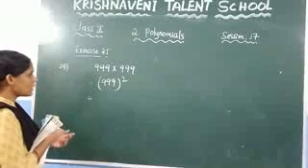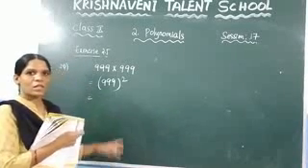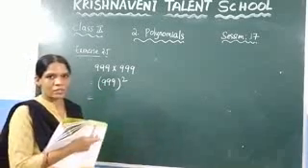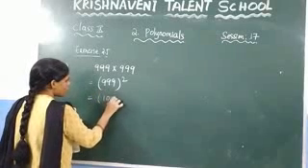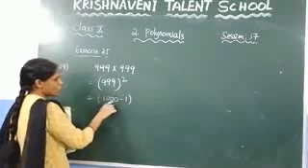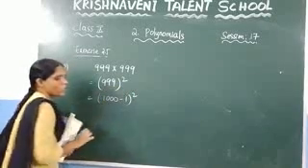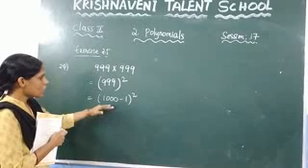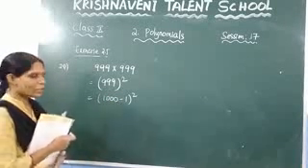So let us write this. You need to write the number such that there are zeros, so that the calculation becomes simpler. So here you can write this 999 as 1000 minus 1, right? You know that 1000 minus 1 gives you 999, so whole square. Now we have written this 999 into 999 as 1000 minus 1 whole square, and it is in the form of a minus b whole square.